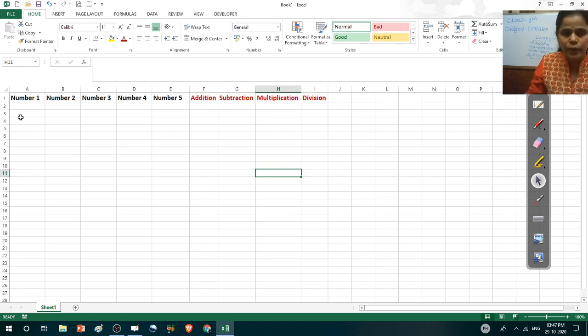So students, today we will use operators and perform functions like addition, subtraction, multiplication and division, right? Before this, just write the headings: number 1, number 2, number 3, number 4, number 5, and then addition, subtraction, multiplication and division.